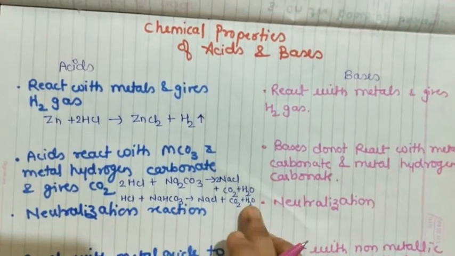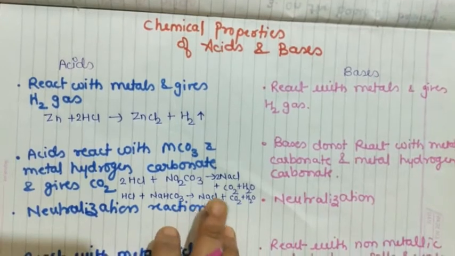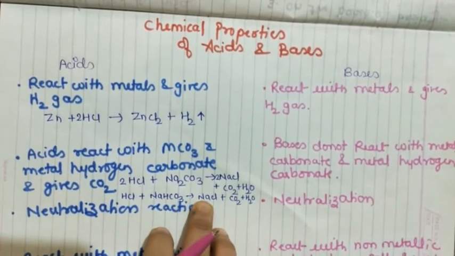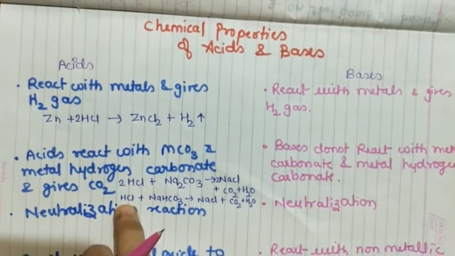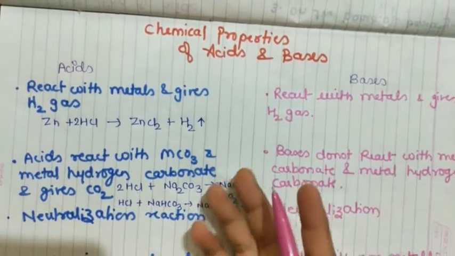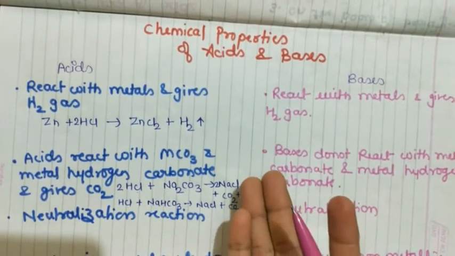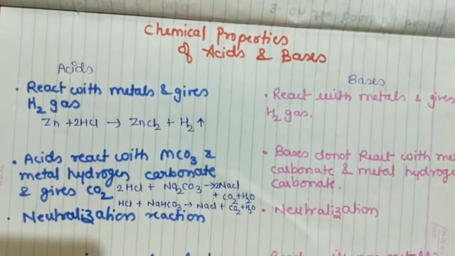Only if you balance it... we do not need to balance the NaCl, because only one Na is here, here also it is 1, and Cl is also 1. So no need to balance it. Here you can see that the NaCl is in a doubled amount, and here it is a single quantity.